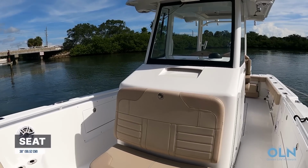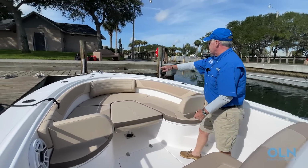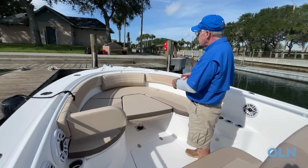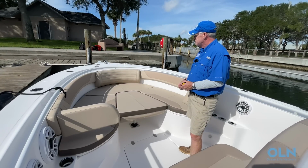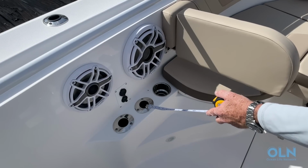At the bow, a 38-inch wide seat just ahead of the console, huge in-deck storage locker. Seating wraps around the bow. There are removable backrests. Of course, we already talked about the filler cushion. We can remove all of these cushions and make a full casting platform across the bow. To both sides, JL Audio speakers, and there's a subwoofer to the port-hand side, connectivity, more rod holders, and